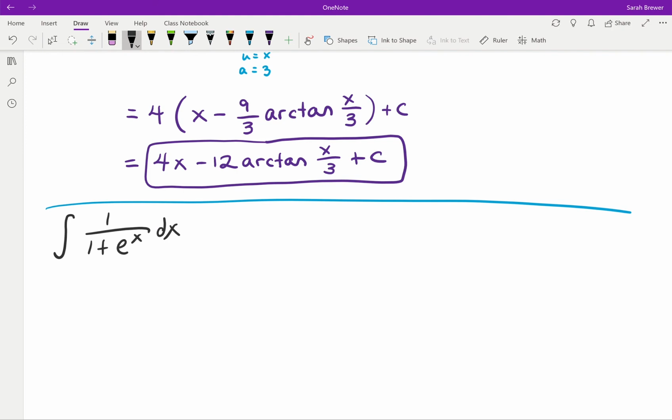Well, if we tried to do a u-substitution with this, we would probably start by letting u be 1 plus e to the x. But we know that no matter how many times we differentiate e to the x, it's never going to go away. And so what we kind of want is an e to the x in our numerator. So here I'm going to do basically the same little trick